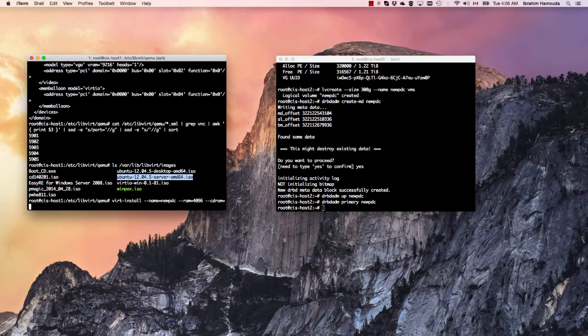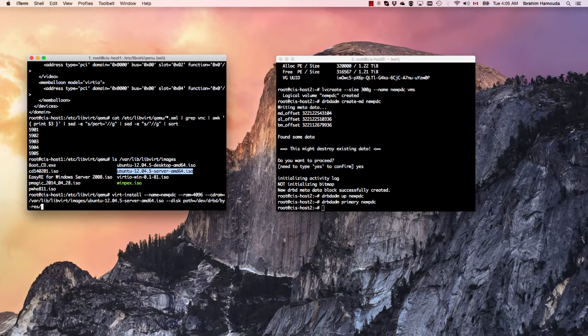CD-ROM equal /var/lib/libvirt/images and the name of our CD-ROM, and then we'll say disk path equal /dev/drbd/by-res/new PDC/0